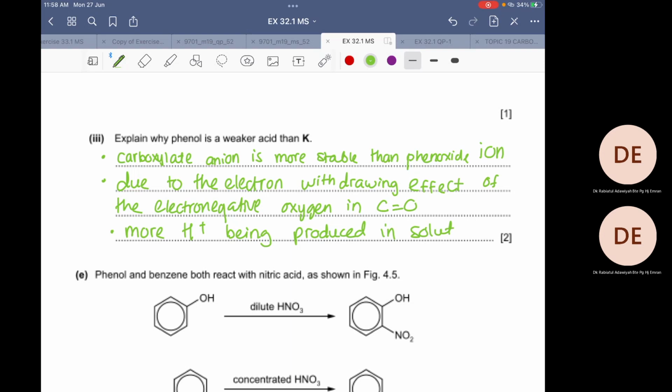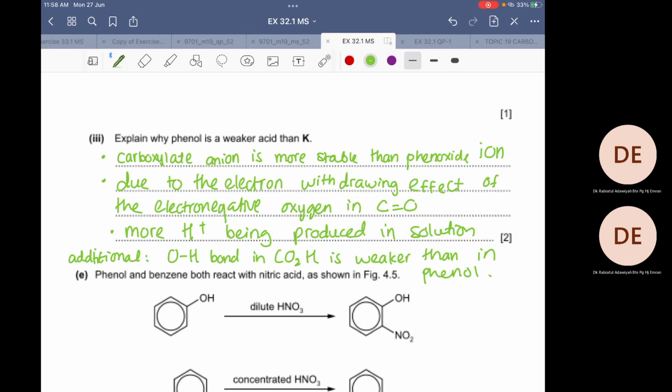in solution. Additional point is to say the OH bond in COOH is weaker than in phenol. So if the OH bond is weaker, you release more H plus. Okay, same thing. Okay, so that's